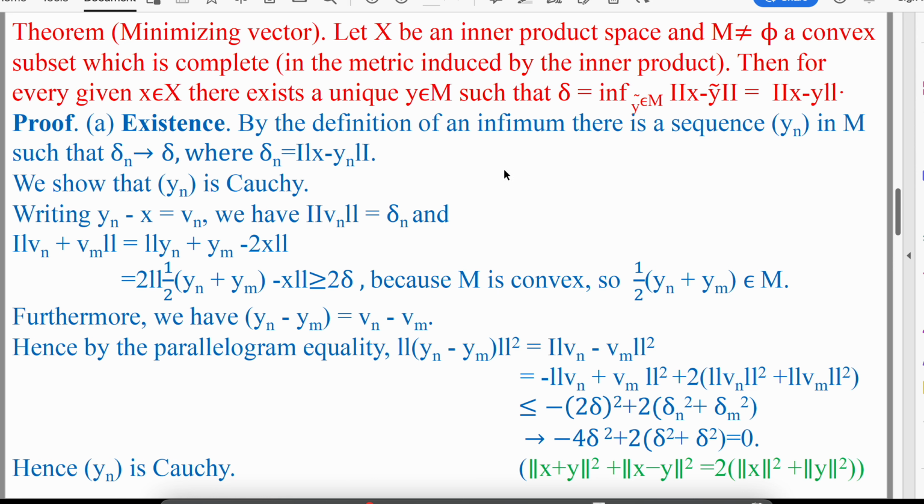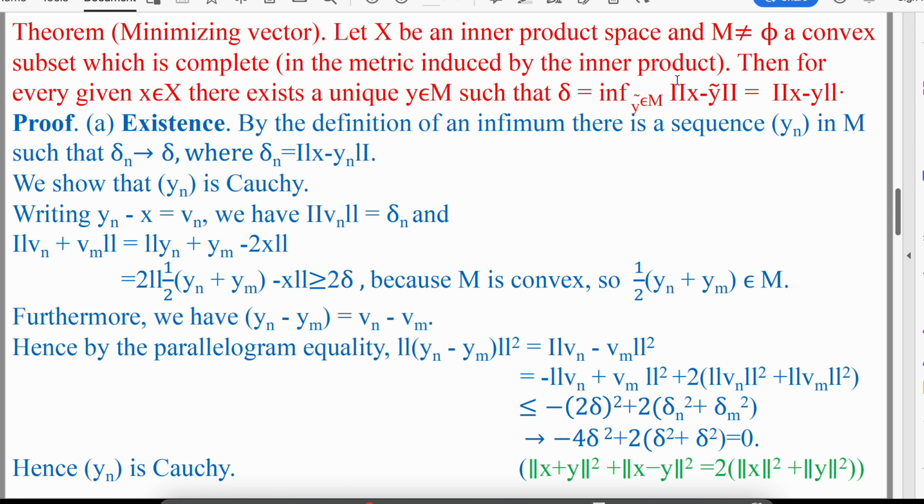Now we will prove one result. Suppose X is an inner product space and M not equal to phi, meaning M is a non-empty convex subset of a complete inner product space X. In this case, the metric is induced by the inner product. Then for every given x belonging to X, there exists